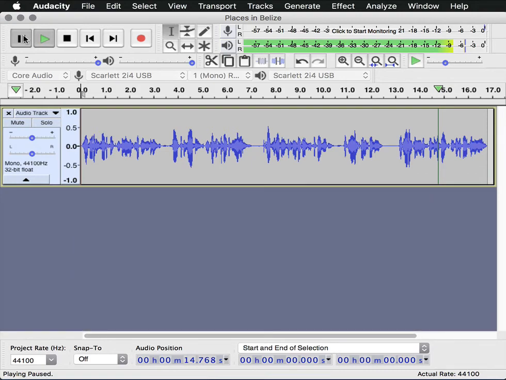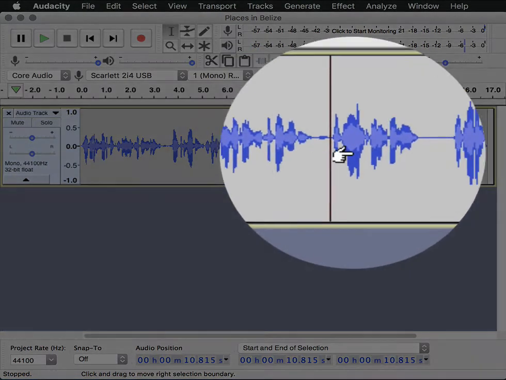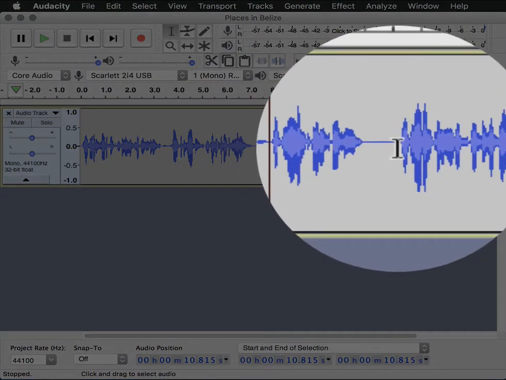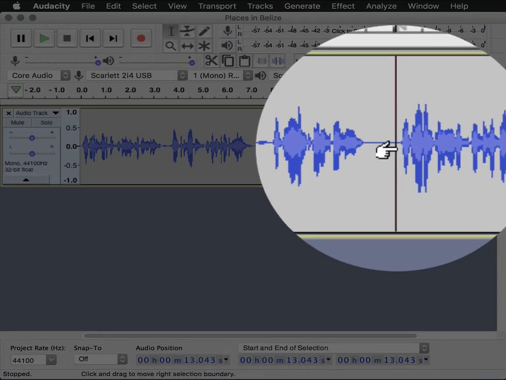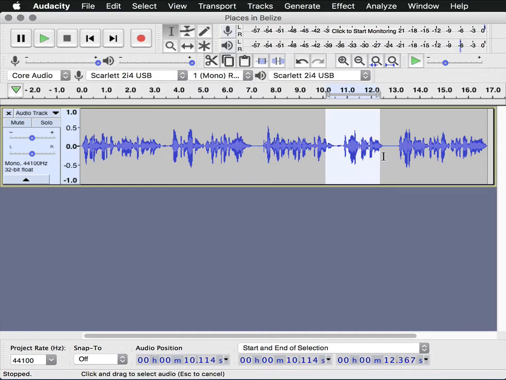Okay, so let's put our cursor right before the mistake and press play. With more than 20 species, with more than 200 species of birds identified. Okay, so the mistake starts here, and then later on I go on and correct myself right about here. So now let's highlight this section by clicking and dragging the mouse from the start of the mistake to the